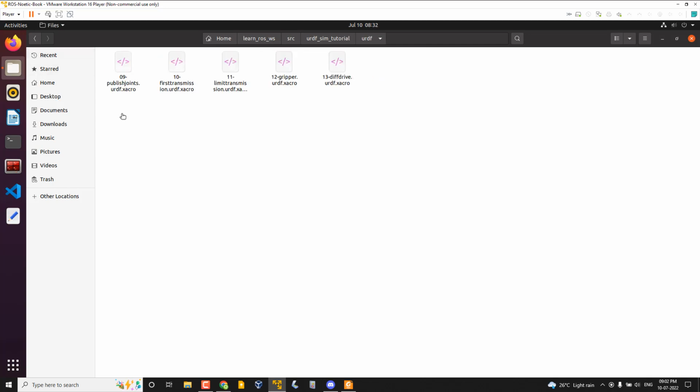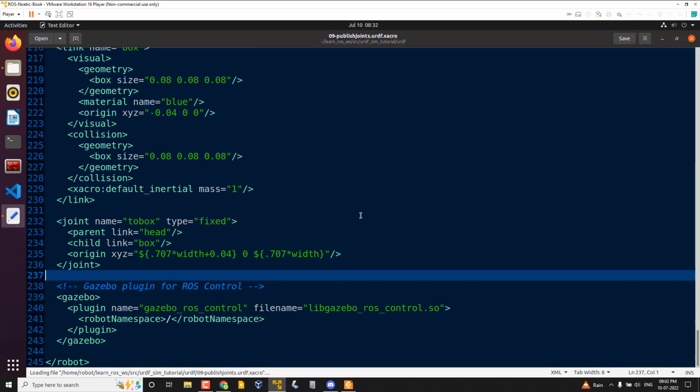Yesterday we discussed two URDFs: the 09 publish joint and the 10th, the first transmission. Each xacro file has incremental changes, and the final xacro file used for the simulation is the 30 diff drive.urdf. They did this for understanding what is happening at each stage. So in the 09 xacro,